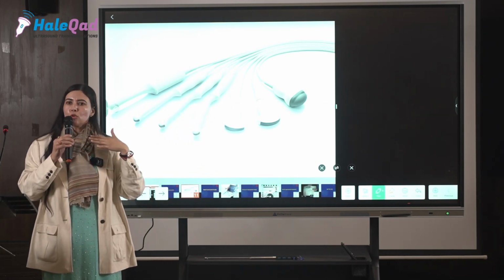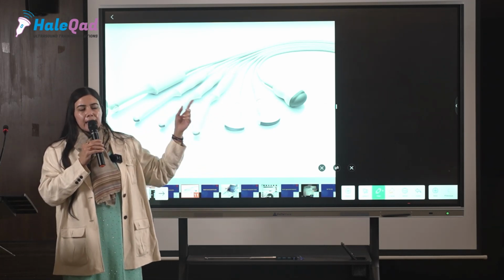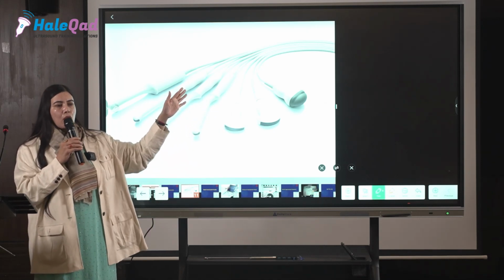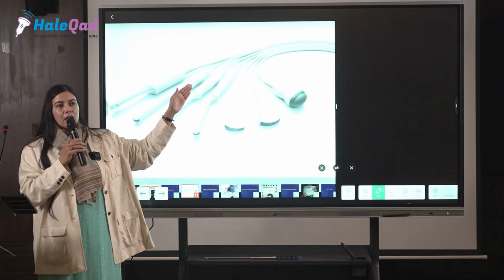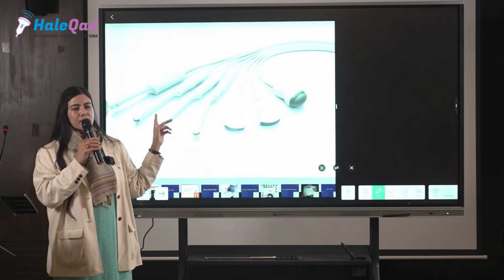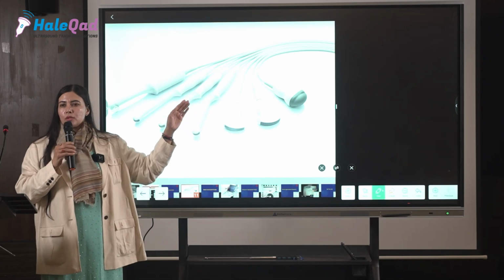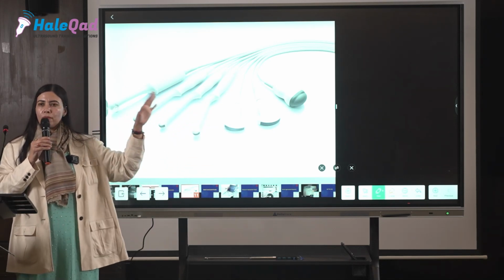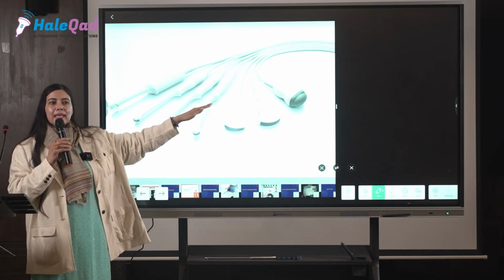You cannot use a convex probe for that, because a convex probe has a slightly lower frequency compared to the transvaginal or a linear probe. So what is the golden rule? If you want to scan a superficial organ, go for a linear probe.